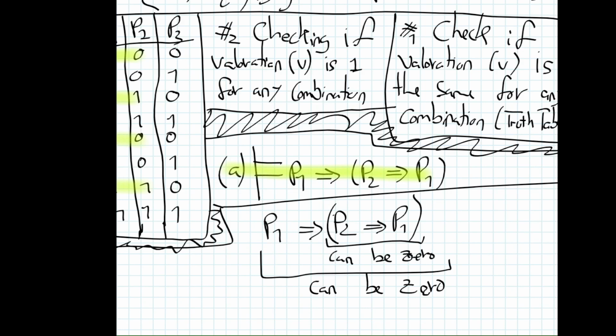Why is that a mistake? Well, because P1 is referenced twice, and so whichever value P1 takes, this other one will have to comply. So all we really had to do is,